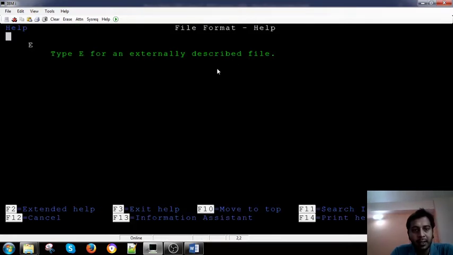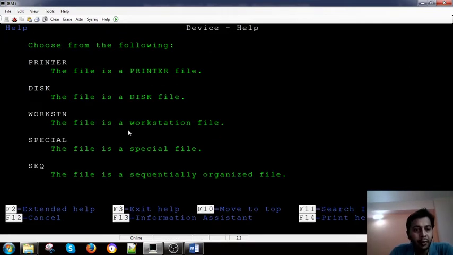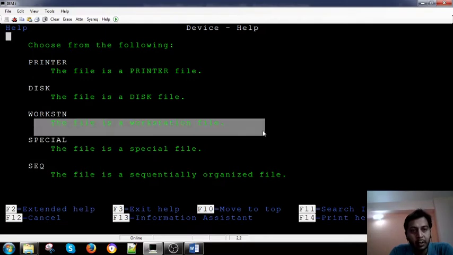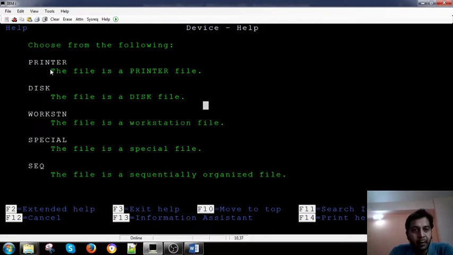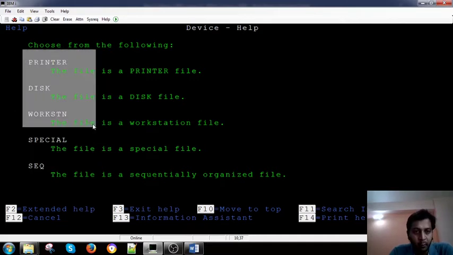And in the file, this is again a very important one. This is an externally described file, because there is also the concept of internal. External means this is not built into this RPG program, so this is an external file, right? These are the fields I'm showing here. These are mandatory and you have to define them, otherwise it will give an error. For example, when you define a printer file, you have to give printer; when you define a physical or logical file, you have to give disk; and when you define a workstation, you have to give workstation. Other keywords depend on your application, but majorly you will find these in any organization you work in, right?